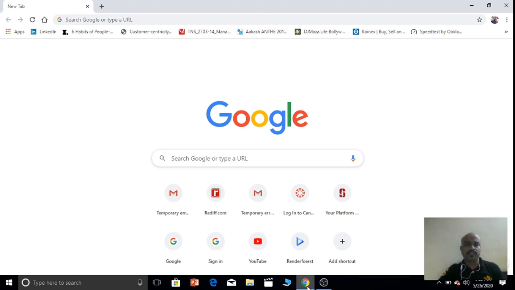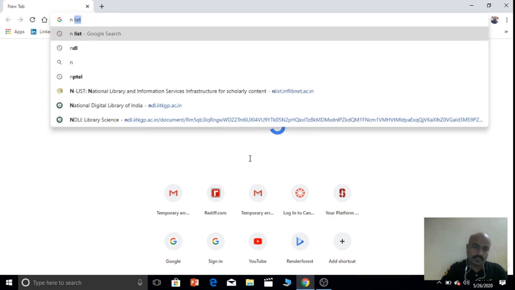Now we will see how to use Enlist resources practically. For that, open any search engine. For example, I am using Google here. In the search window, just type Enlist.